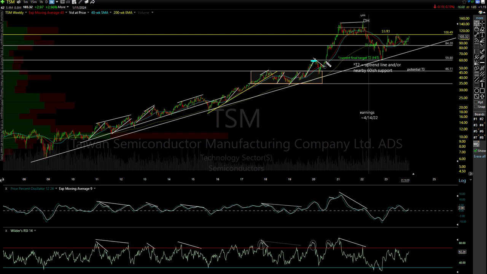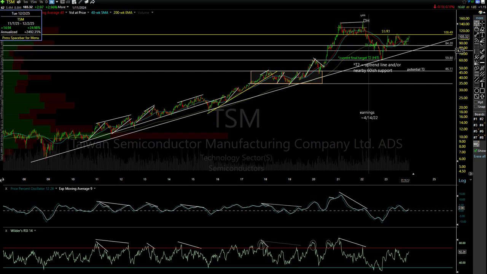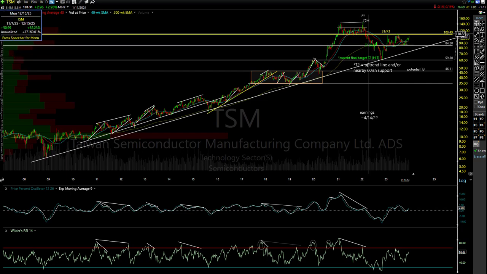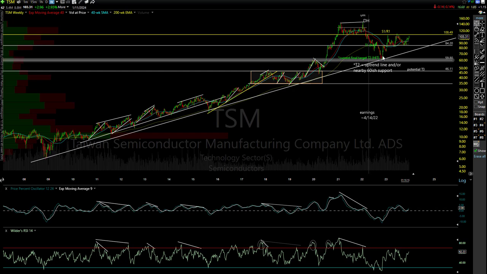Why? It was great support, number one, big reaction high there, and more importantly, that uptrend line. And we bounced. Now, we've come full circle. Since that final target was hit last year, the stock has rallied 85% right off that level and hit S1R1. What does that mean? S1 means first support, R1 means first resistance. That's because support, once broken, becomes resistance.